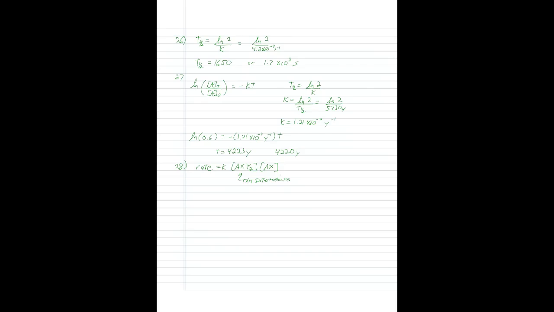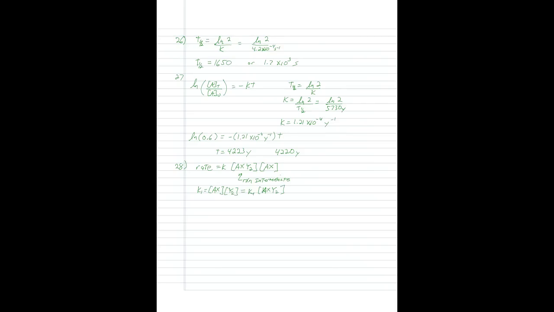So we're going to go back to the reaction in step 1, since that's a fast one, and we can see by the double arrows that it reaches equilibrium. Because it reaches equilibrium, the forward rate and the reverse rate are going to be the same, and we can write the rate laws for the forward reaction and the reverse reaction and make them equal to each other. So for the forward reaction, k1 times the concentration of AX times the concentration of Y2 is going to be equal to k minus 1 times the concentration of